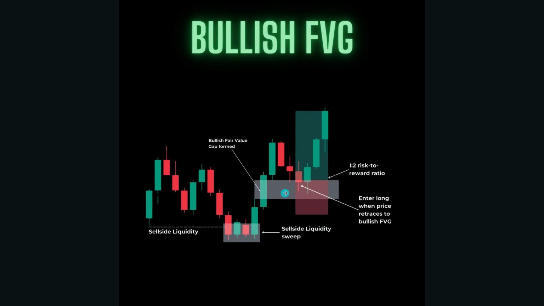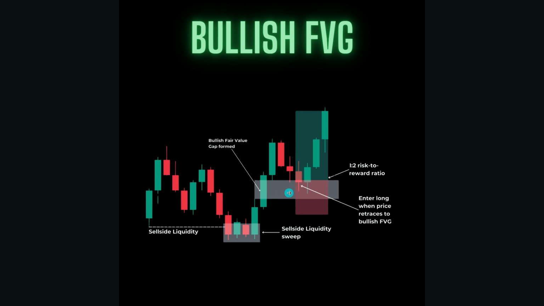And the cool thing about TradingView, we'll jump on the chart in a little bit and I'll show you how you can set this up, is it lets you use a little rectangle tool, and you can map out these boxes. There's an option where you can have it extend all the way to the right. So if the fair value gap entry doesn't form right away, it'll still carry on throughout the chart in case it happens in 5 minutes or 10 minutes or whatnot. But usually they happen pretty quick. That's just a cool little trick you can use in TradingView.